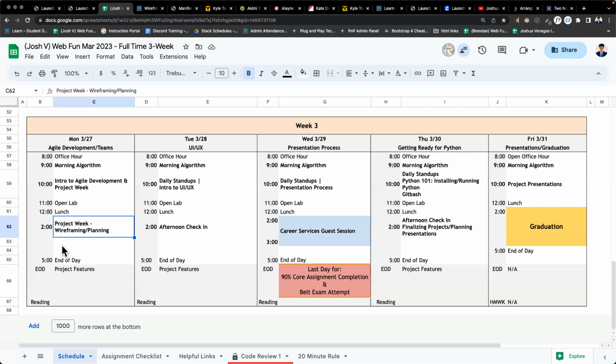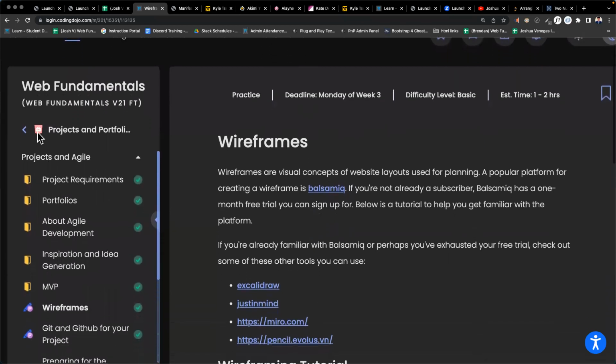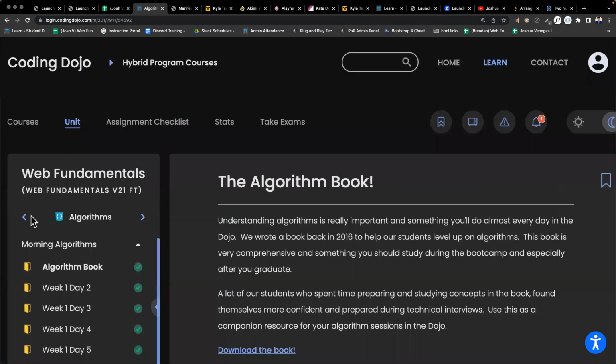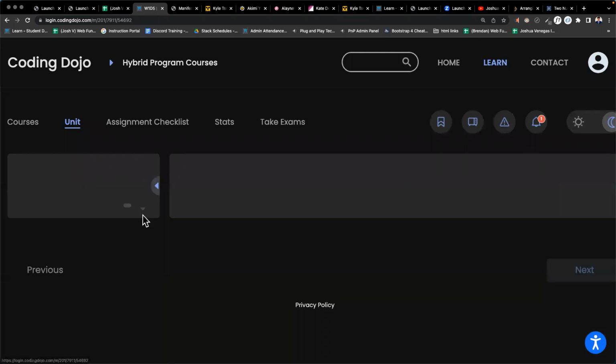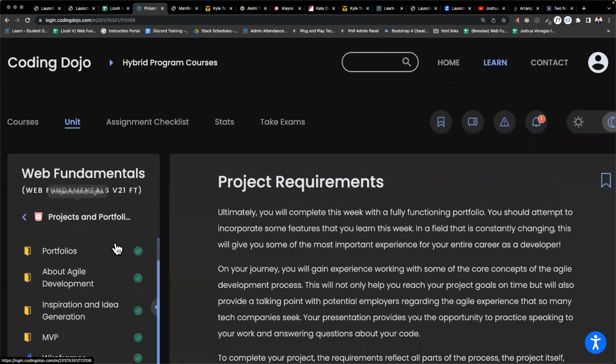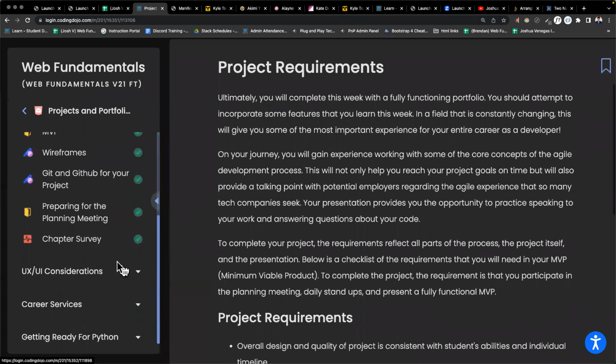Okay, and then you have the rest of the day to work on those projects, and then get started on completing them throughout the week. Okay, does anyone have any questions about what we're doing now? If you want to go through this section, it's past the algorithm section, which is past the JavaScript section. So you scroll to this area, and then you see all of these tabs here.